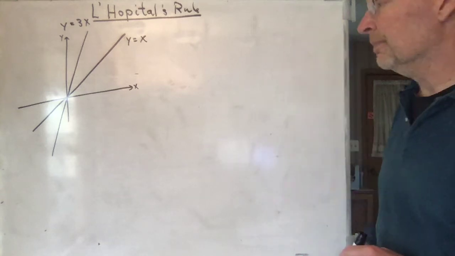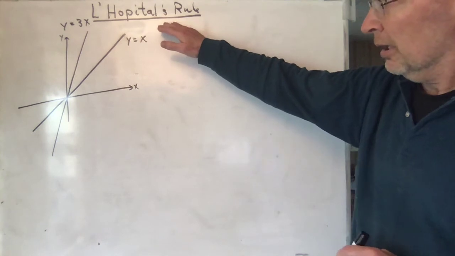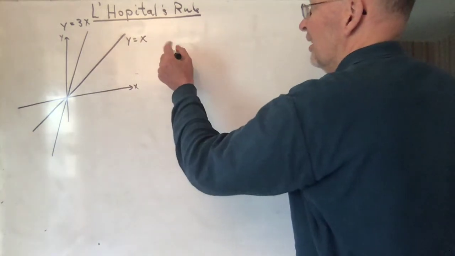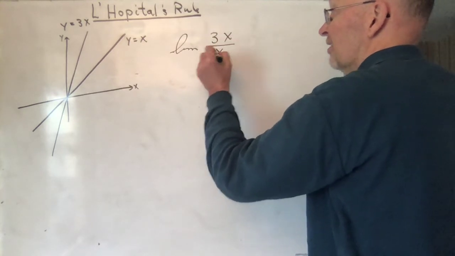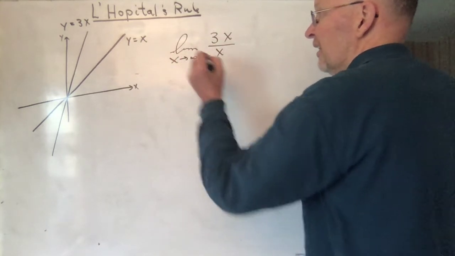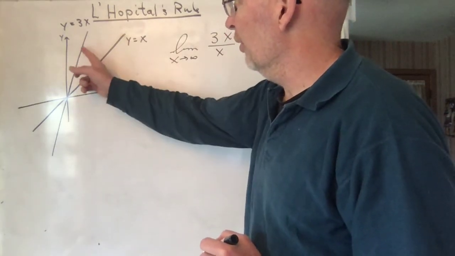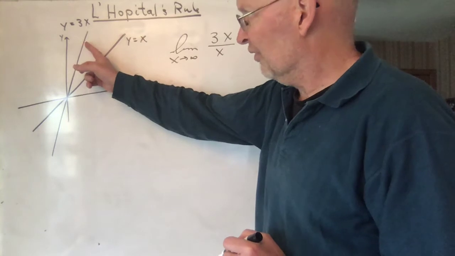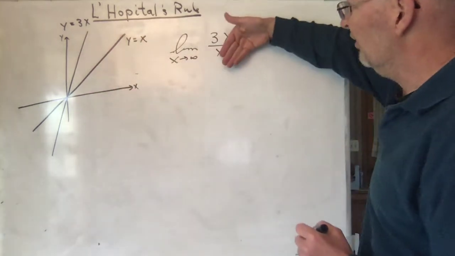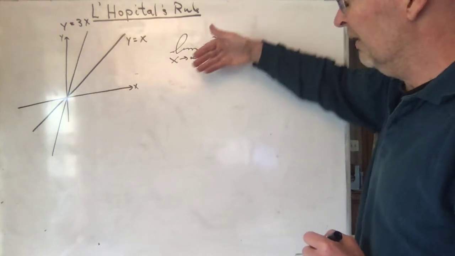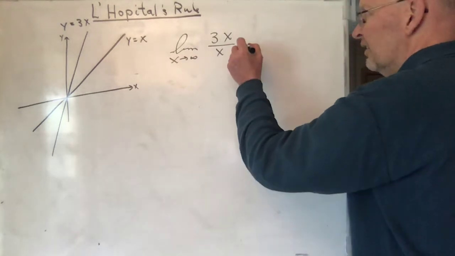In the previous lesson, we were introduced to L'Hopital's rule, which said that if you want the limit of something like this, 3x over x, as x goes to infinity, then we noted that the rate of growth of these things is a ratio of 3 to 1. This is always 3 times as great as this one, so as x goes to infinity, you could basically just divide those out. Or another way of thinking about it, since the rate of growth of this is equal to the rate of growth of that one,